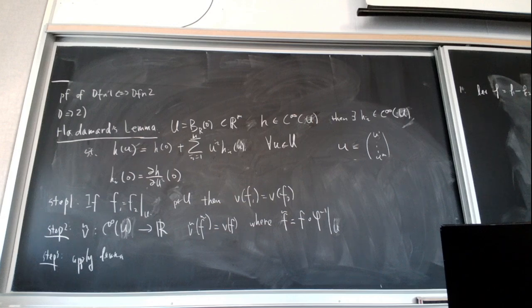And by bump function I mean that chi applied to P is equal to 1, and chi is equal to 0 for all x that's not in